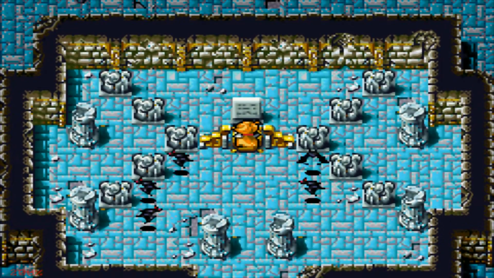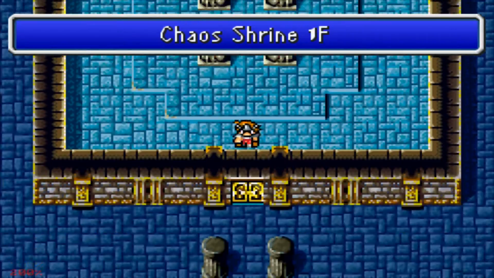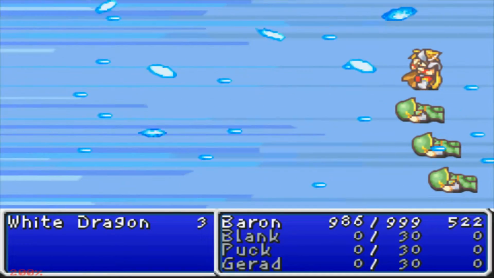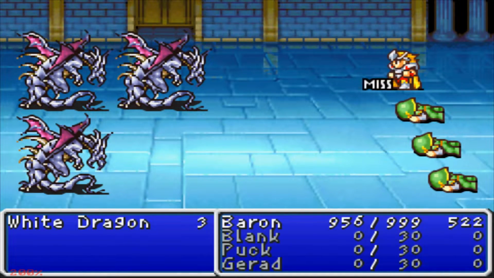So let's zip back down to Chaos. I'll show it off because it's going to be a lot easier this time around. Now that we're level 99, and we've got the Mazmune, we should be able to zip through here a fair bit quicker. Also, I was going to play a specific